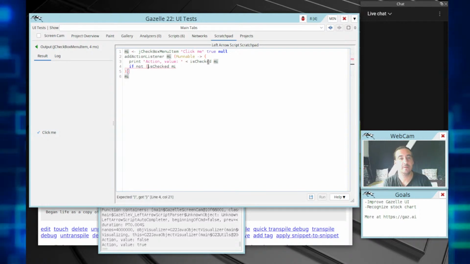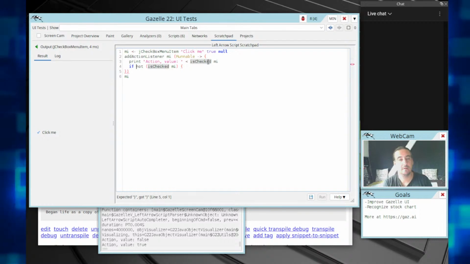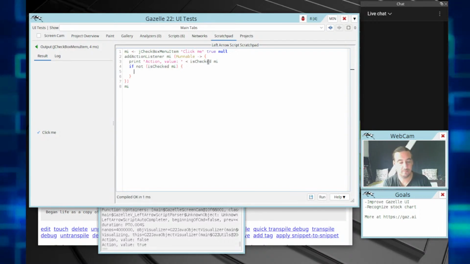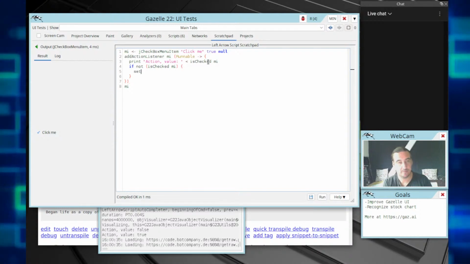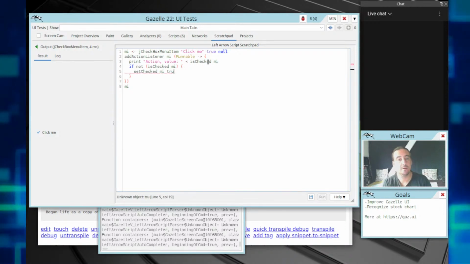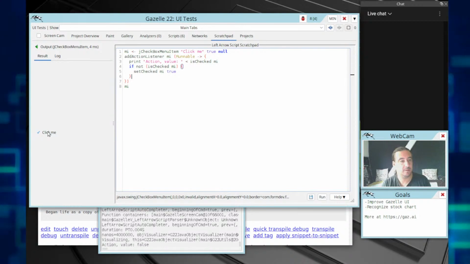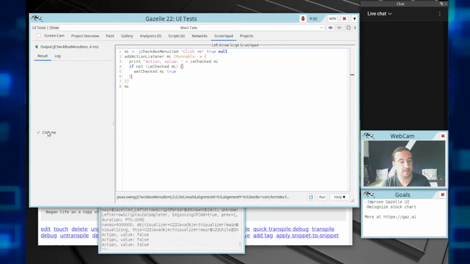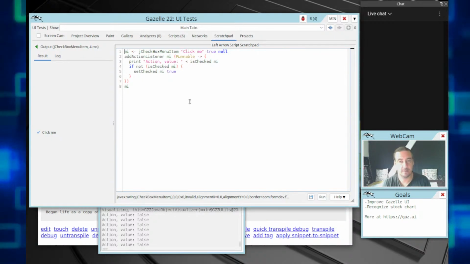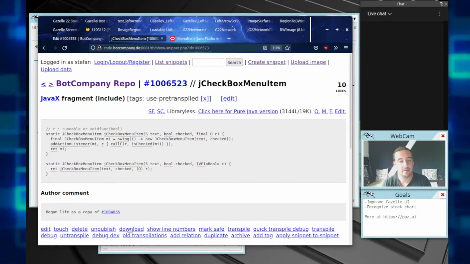If not is checked, then set checked. No, yes, set checked. True. Let's try. Okay, it always stays this way. And we get our action that we can react upon. Very nice. So we call this new thing